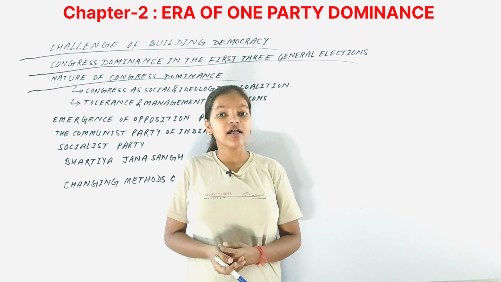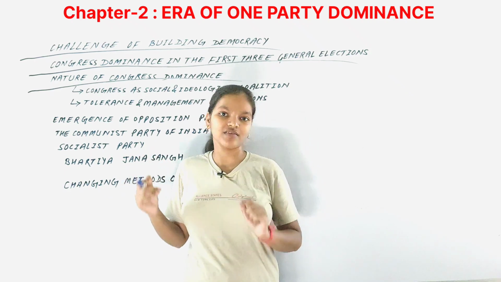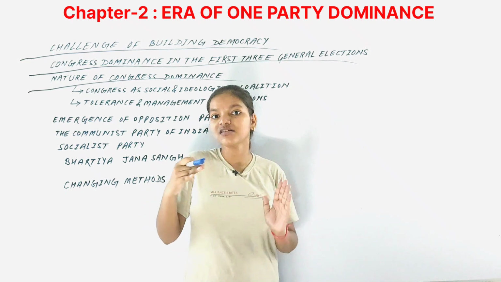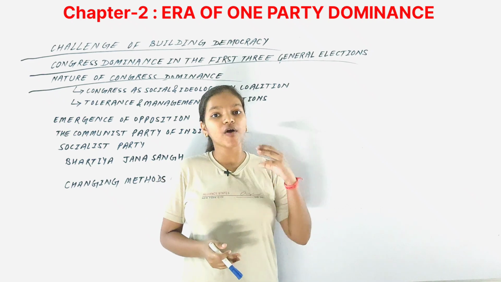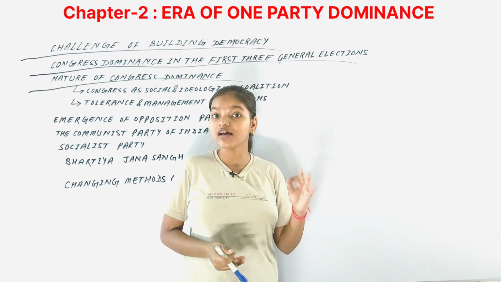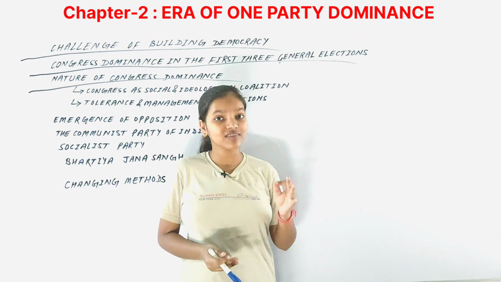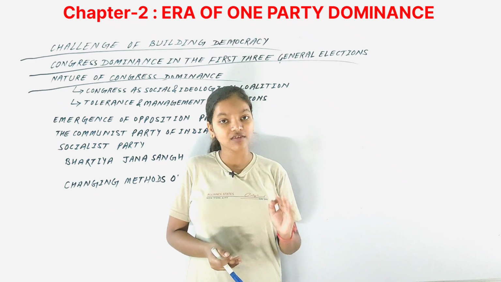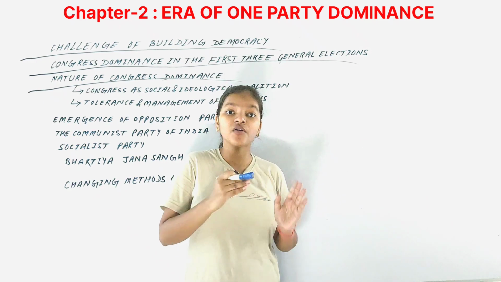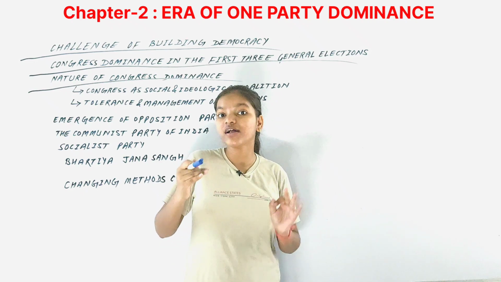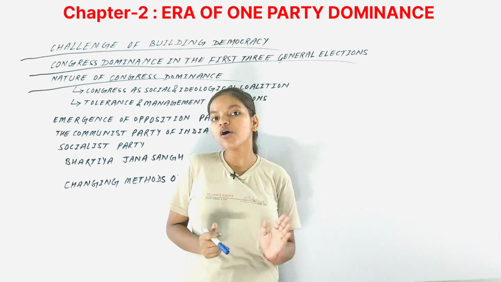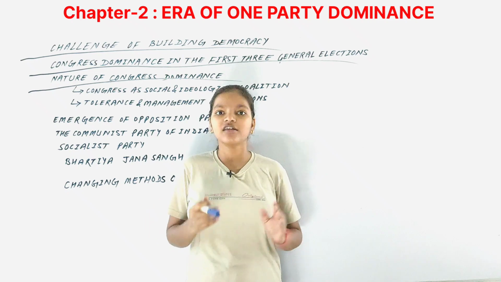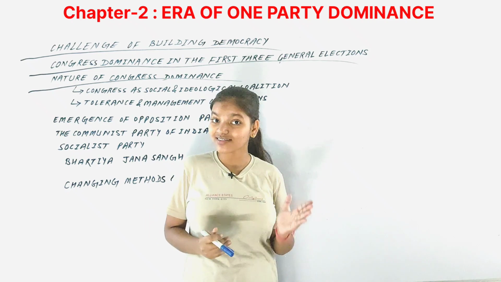But what about India? There were no such restrictions in the country. In the country there were proper elections, there were proper procedures that were followed. There were proper free and fair elections that were held, and that is why we can say that even though the Indian National Congress formed the government many times continuously, it was through democratic processes. It was not through forced one party dominance, but through democratic processes, and that is why we can't say that democracy was ruled out from the country.